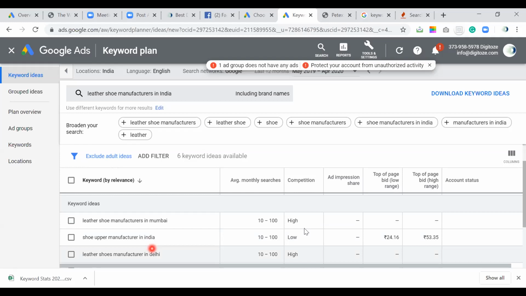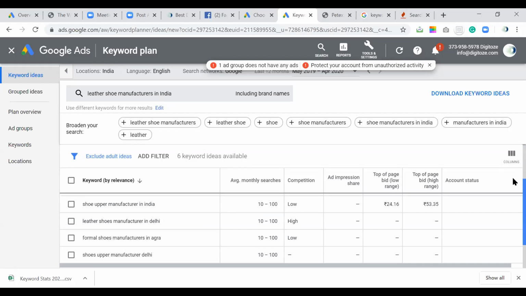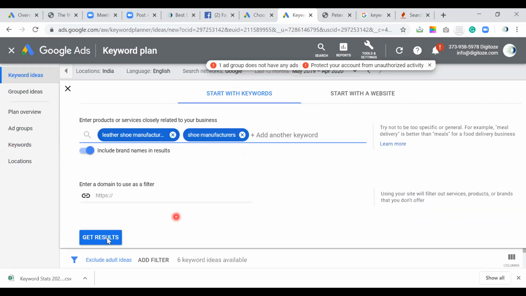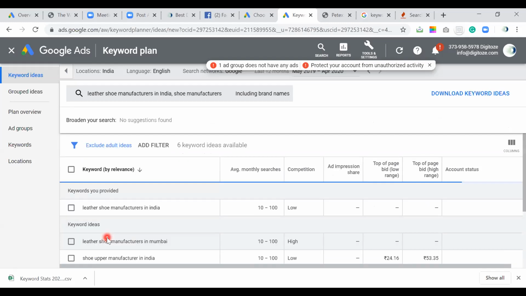Similarly, yesterday we discussed regional keywords, so this is what we are just looking at. Similarly, Mumbai could be our local keyword. And in case someone is in Agra or somewhere deeper, where clusters of shoe manufacturing companies are there, it can go into a different node, right? So this is the way by which you can shortlist your various sets of keywords.